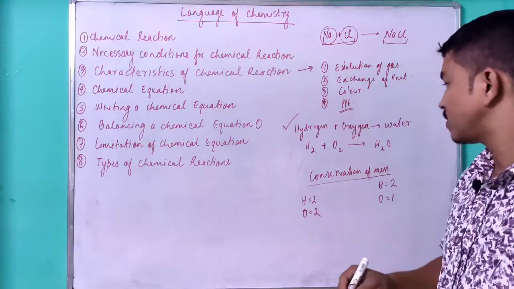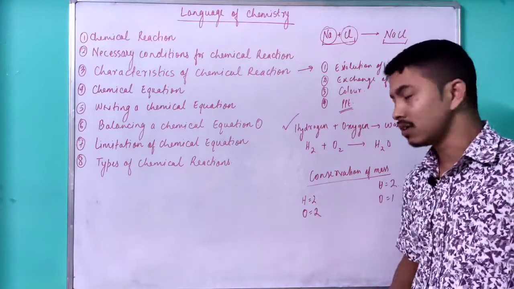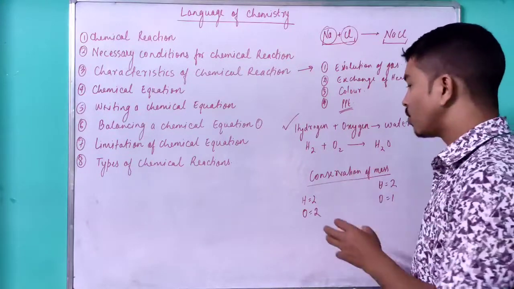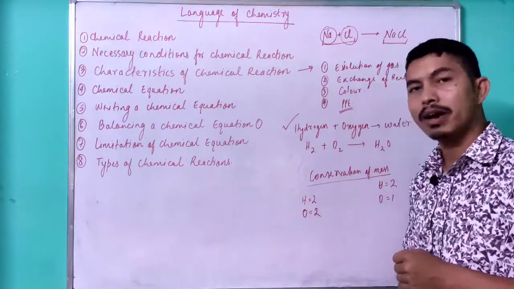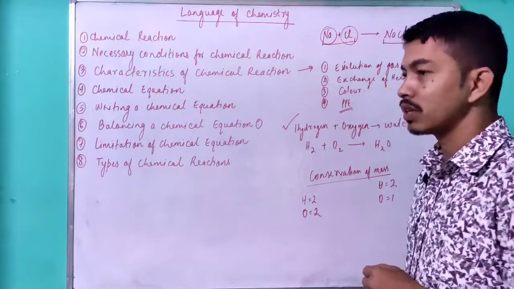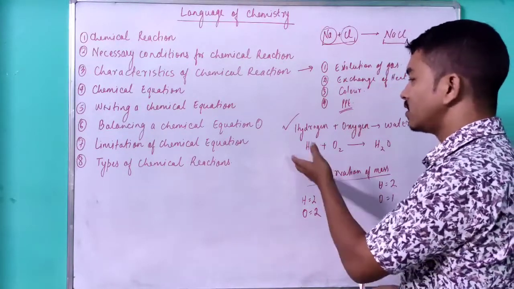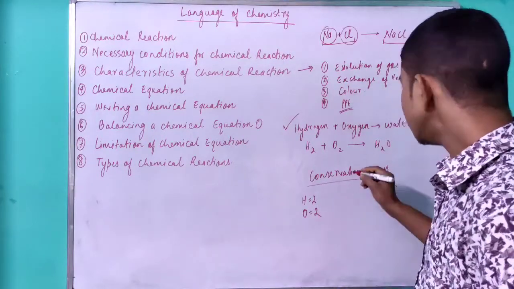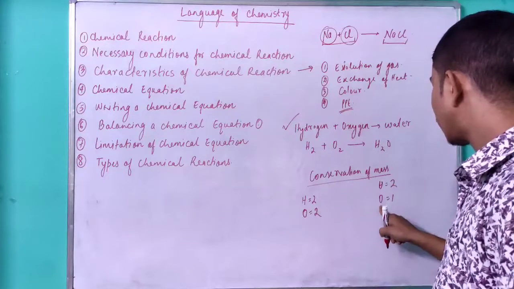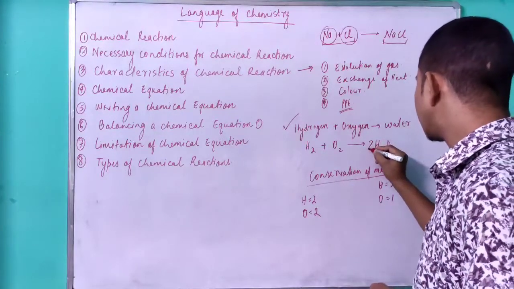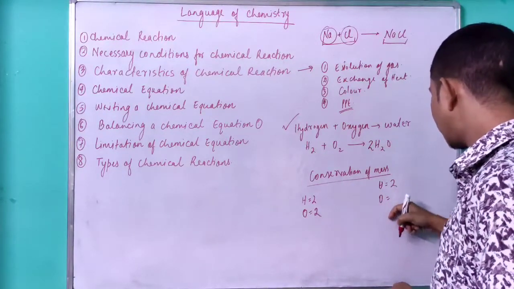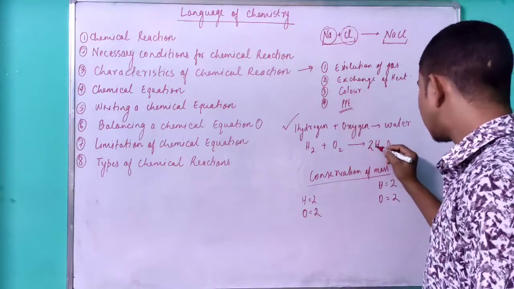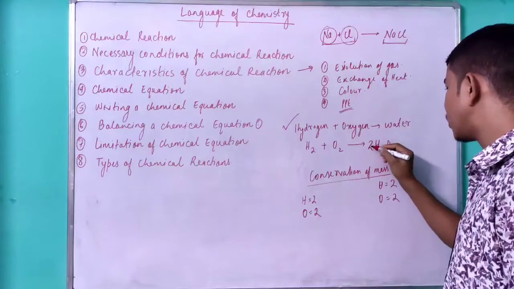So according to the conservation of mass, on both sides of the equation the number of atoms must be the same. In order to uphold this law, we must balance a chemical equation. A chemical equation can be balanced by adding a digit in front of the given element. Now what can I do? I need to make oxygen 2, so I'll write 2 here. Now we have 2 atoms of oxygen. But when we do so, we also see that the number of hydrogen increases. So it is multiplied. 2 2s are